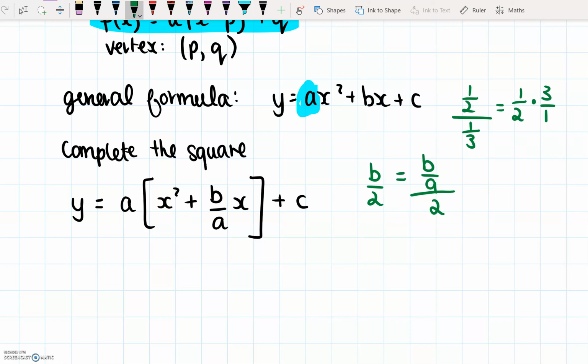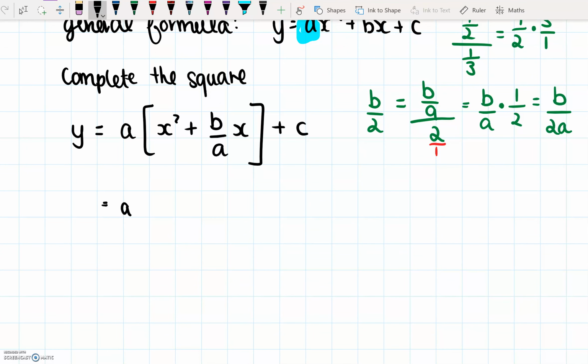All right, we can do the same thing here because remember 2 is the same as 2 over 1. So we're going to keep the first fraction as it is, change the second fraction to 1 over 2, we flipped it, and then change it to multiply. Okay, so we get b over 2a. All right, so what we're going to do with that is we're going to go down another line,